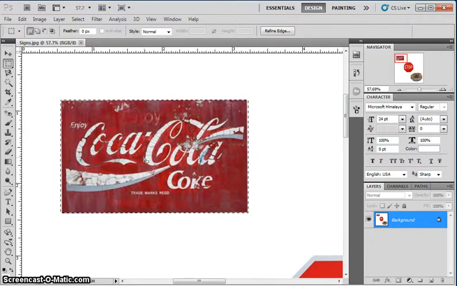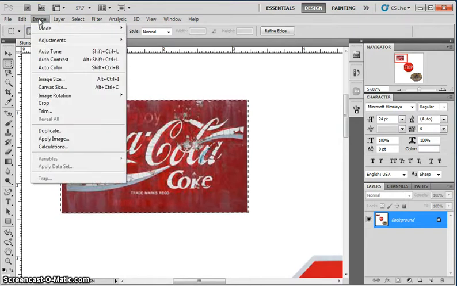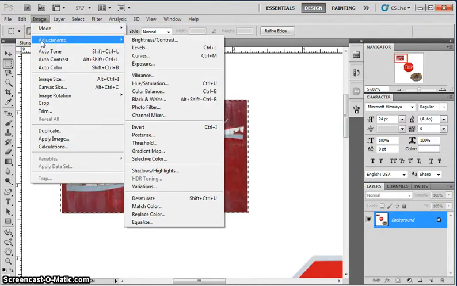Okay, let's change the color of this thing. Since I have it selected, I'm going to go up here to my image drop-down menu. I'm going to choose adjustments. I have a whole bunch of options here on how I can adjust the sign. You're welcome to play around with these if you want to, but I want to change the color. So I'm going to choose hue and saturation. It's like the 6th one down. I click on that,